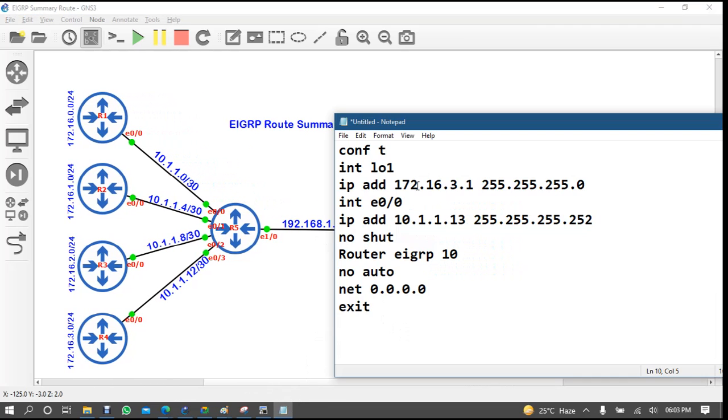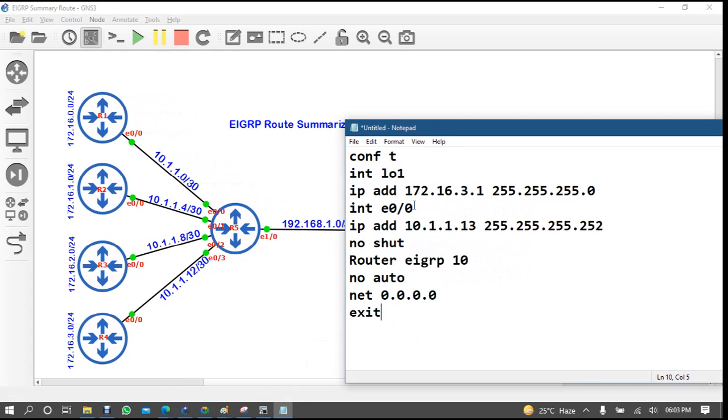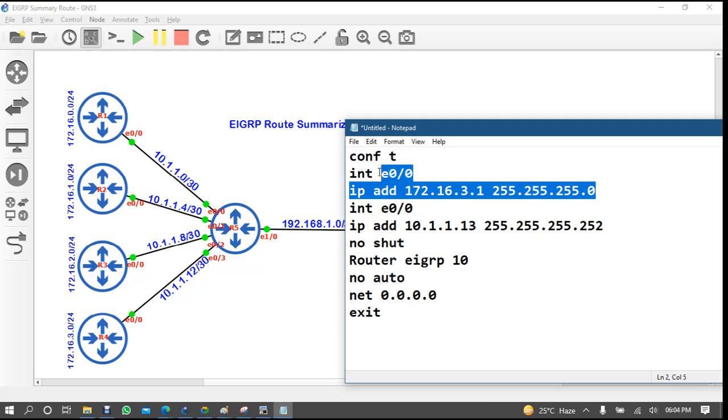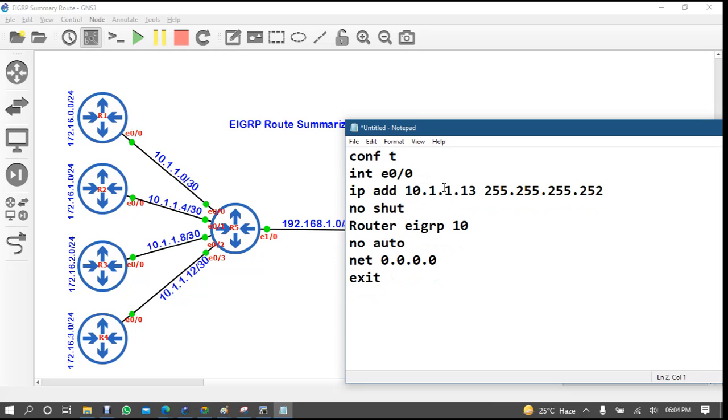R5 has multiple interfaces, so we can say that interface is 0 by 0, 10.1.1.2. This is okay.